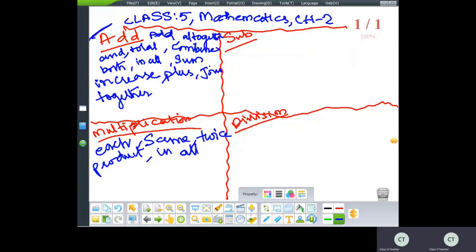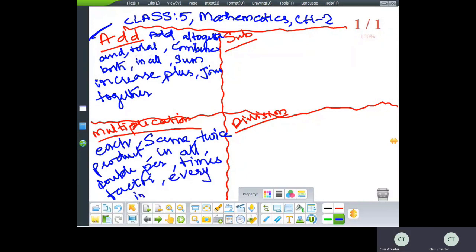So you can see that the keywords are almost similar. Double, per, times, factor, find the factors of, every,